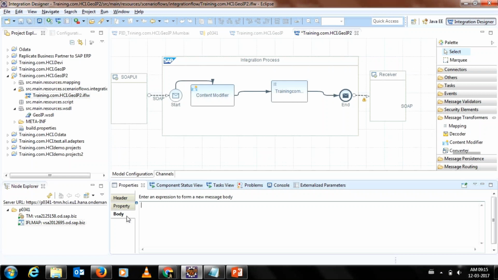Let's say I want to trigger a message which will start another batch process. Using this schedule message, I can start an interface,